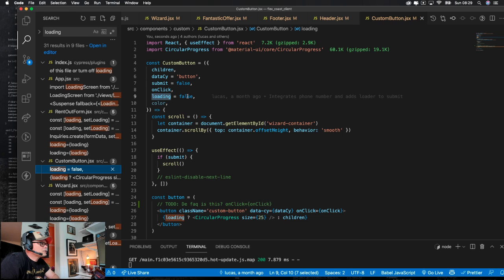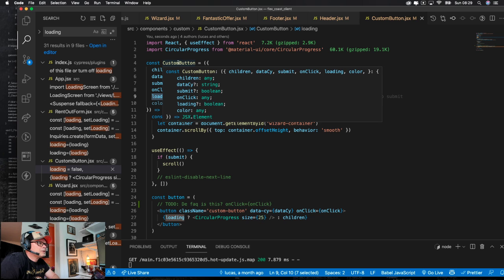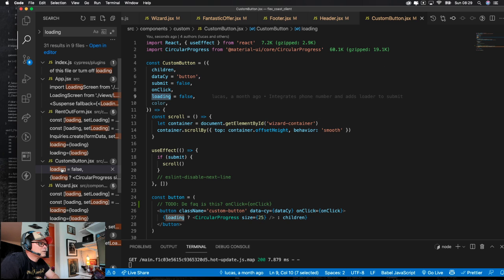Loading, custom button, segment false. Custom, yeah. But is that the one that we are setting?